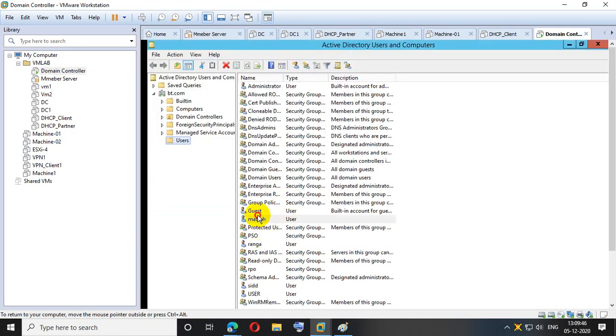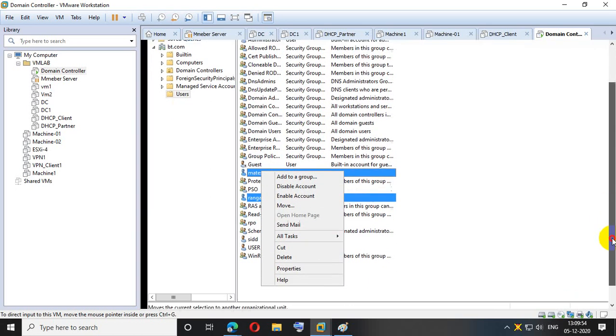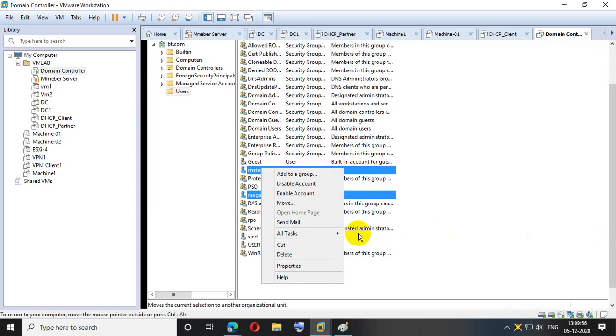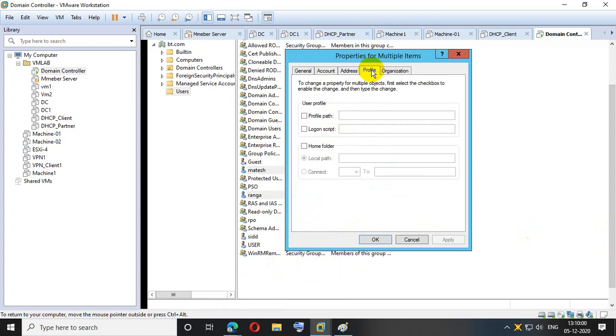Mantesh and Ranga, I have to select both and go to the properties. That means whenever you are doing multiple users, just select multiple users, go to the properties, then go to the profile. In this profile path, select the profile path, and after that username